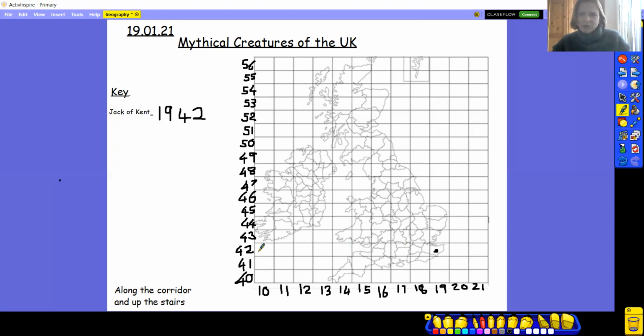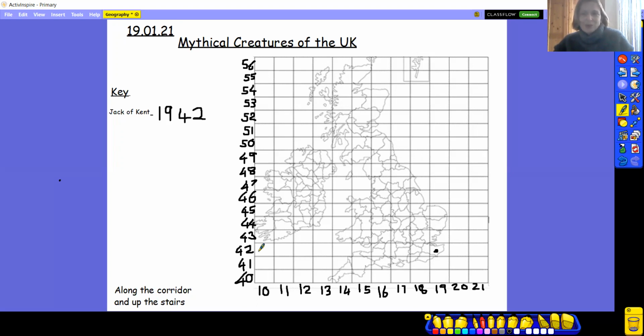Now, could you do me a favour? And could you do a similar sort of thing for the rest of the creatures? Don't forget, you need to draw a key. So the next one will probably be Finn McCall. Okay, and then you need to find out where Finn McCall lives in County Down. Don't forget to use your map with all the counties to help you, and write down his grid reference as well. So can you do that for the rest of those creatures that Jason sent on his letter?